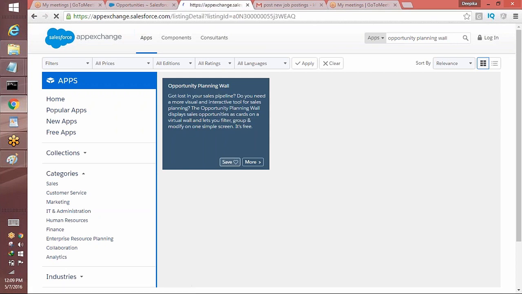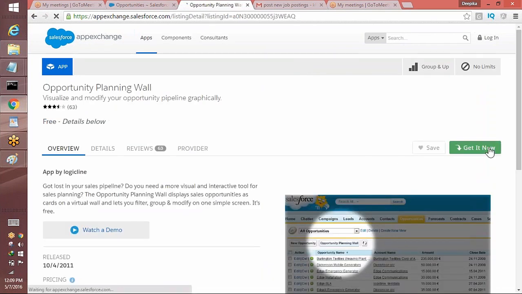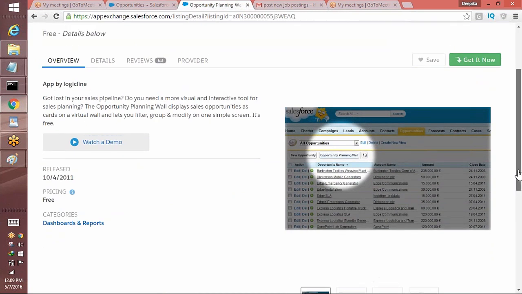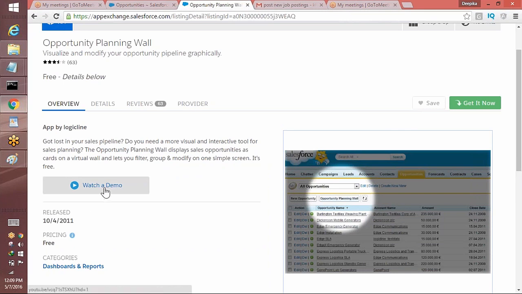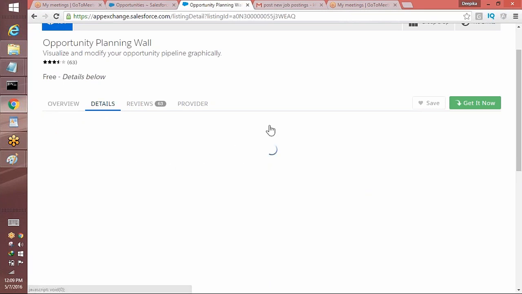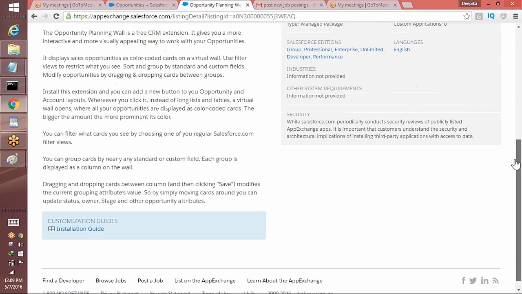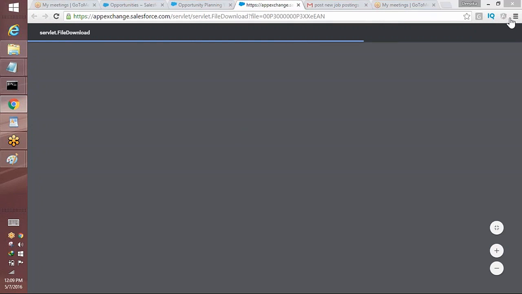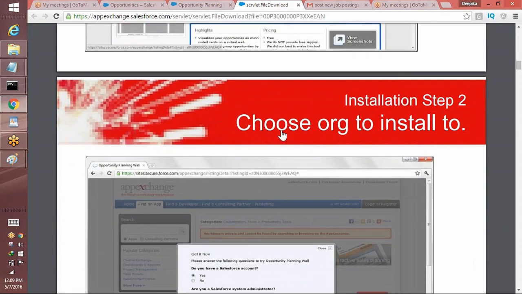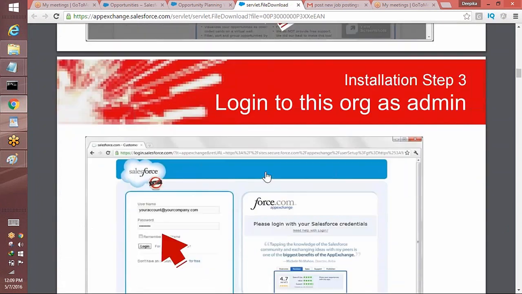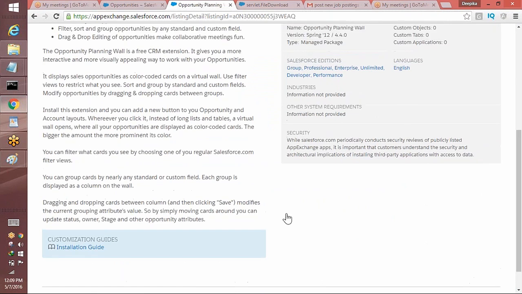So you go ahead and say this one, get it now, click on the Get It Now button, and every app comes with a demo, showing how you can use it. Then there is a details page which gives you more information about the app, and it also comes with an installation guide, which tells you what to do after you have installed the app. Every time you install, take a look at it and go through the installation guide step by step. Most apps will come with an installation guide